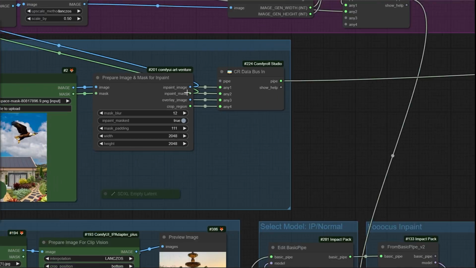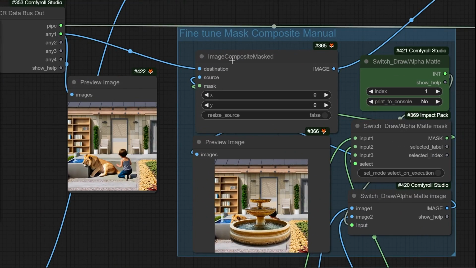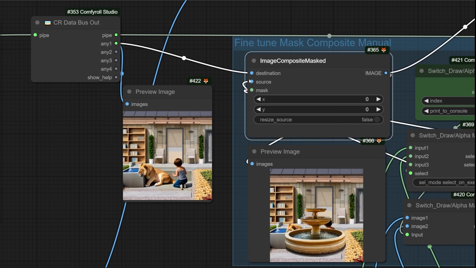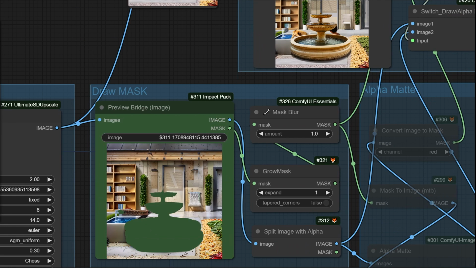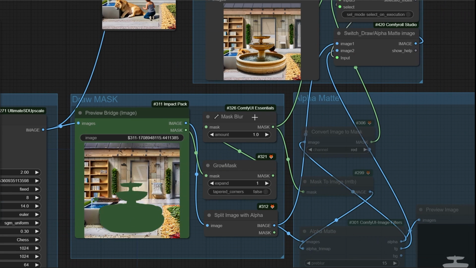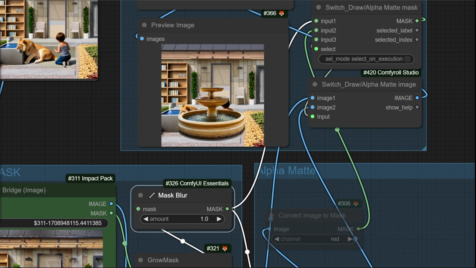Okay, the inpainted image. This preview image is coming from here, and now I am using the image composite mask. So it needs 3 inputs: destination, source, that is this image, and mask that is coming from the mask blur. And when I queue the prompt,